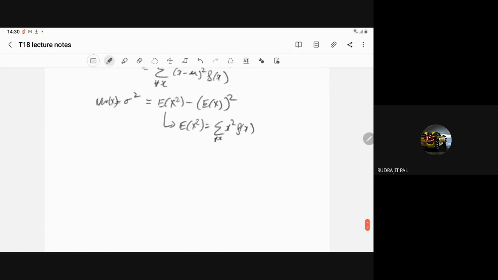See, what is the utility of the variance? For example, let us have two populations. Let us suppose we have two tutorial classes, and in both there is a quiz test, and for both classes we have the same average, let's say 50 out of 100. But in one class, marks vary from 40 to 60. In another class, marks vary from 10 to 90.